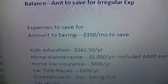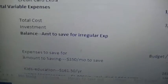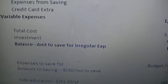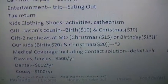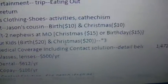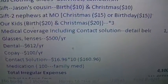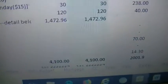And that's the category below here, expenses to save for. And you can see the list. Somewhere down, she'll have them listed. So glasses, lenses, I believe if above that, no, in fact it's a little bit down. Contact solution $16.96. So in my budget I have 10, which total, for all the regular expenses,